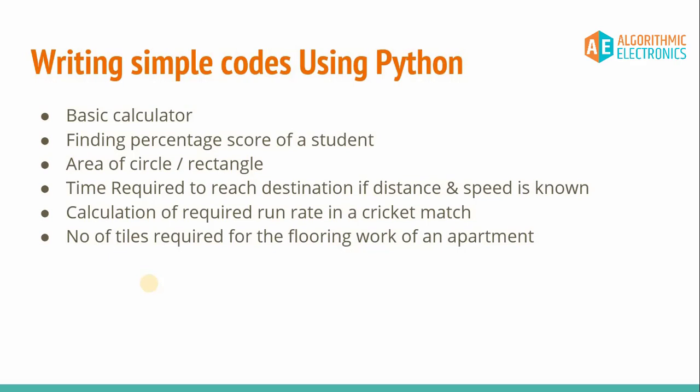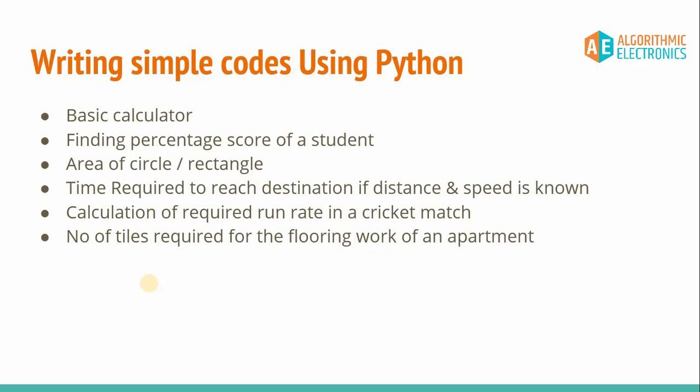So here are some examples that we are going to discuss today. Firstly, we'll be talking about a basic calculator, with addition, subtraction, multiplication and division on two different numbers, and that program we are going to create in Python. Also, we'll try to find out the percentage score of a student if the 5 subject marks are given as input from the keyboard. Also, we'll try to find out the area of a circle or the rectangle, and this will be useful in finding the area of a cricket ground or a rectangular football